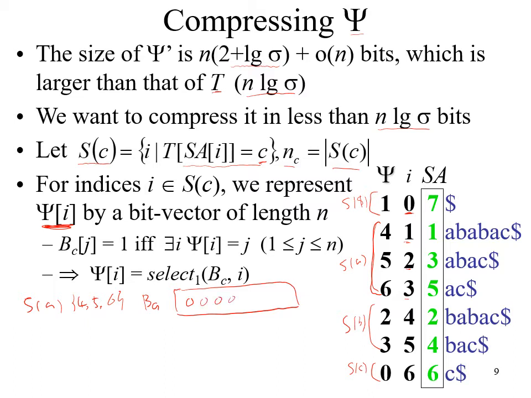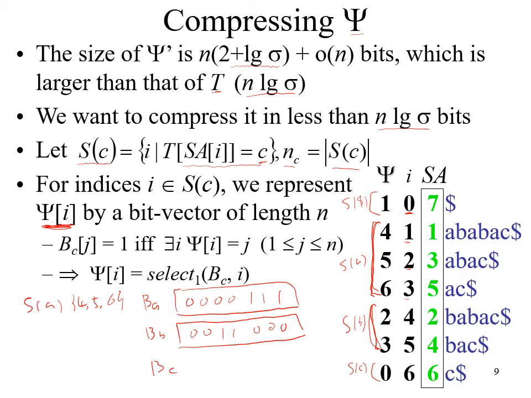2, 3, 4, 5, 6. Positions 4, 5, and 6 have 1, because I want to represent this 4, 5, 6. Okay? And for B sub B, the bit vector is 0, 0, 1, 1, 0, 0, 0, because we want to represent this 2 and 3. So positions 2 and 3 have ones. Okay, and for B sub C,